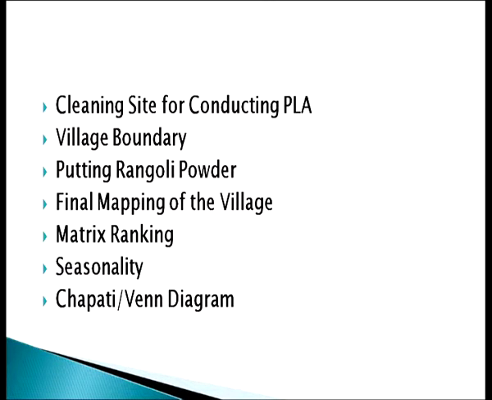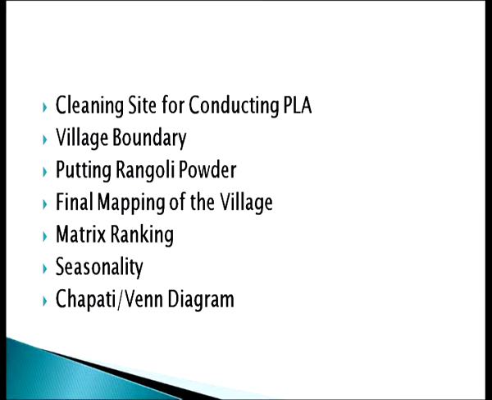to be cleaned, and once the cleaning is done, with the help of villagers and volunteers, they start drawing the village boundary. Rangoli powder is put to identify different places within the village. Finally, the mapping of the village is done. Once mapping of the village is done, matrix ranking is conducted, and after matrix ranking comes the next step, that